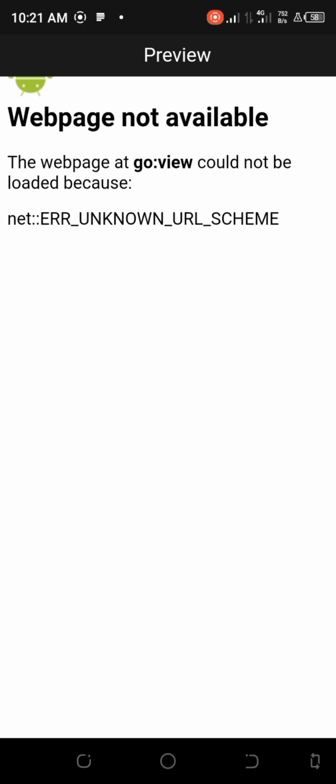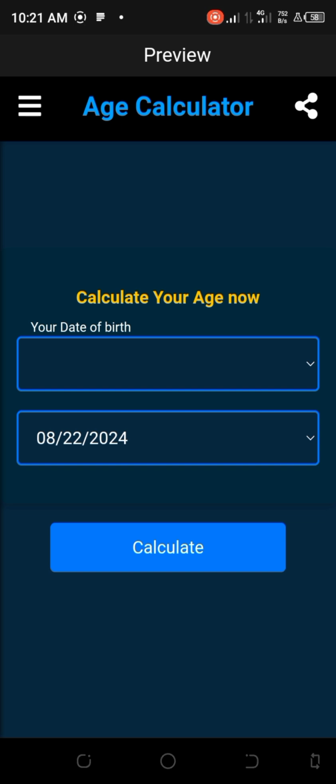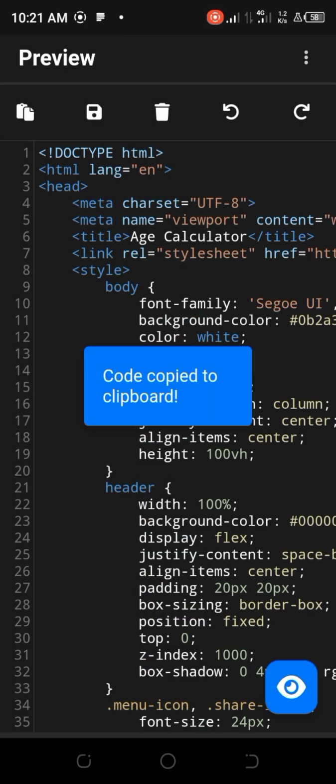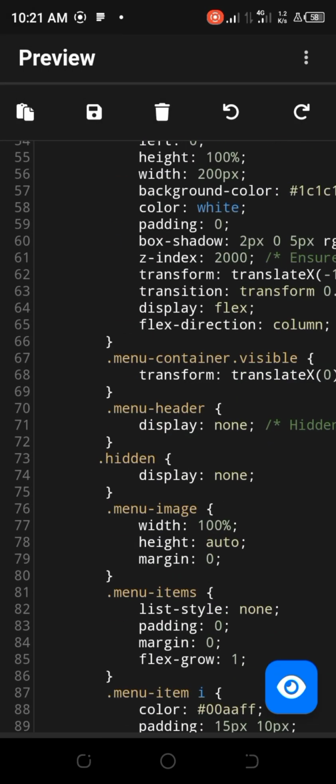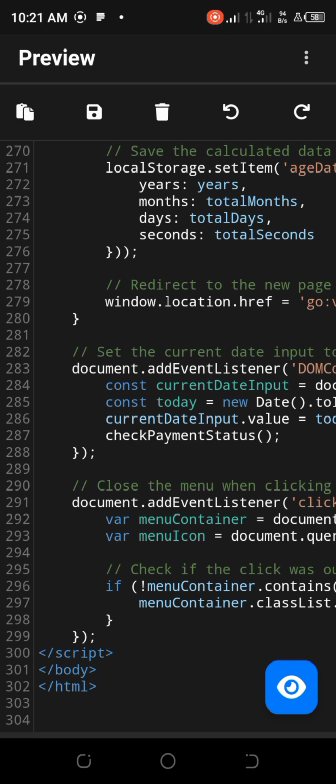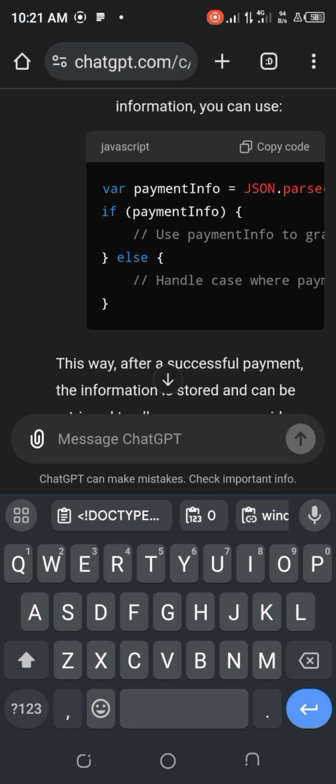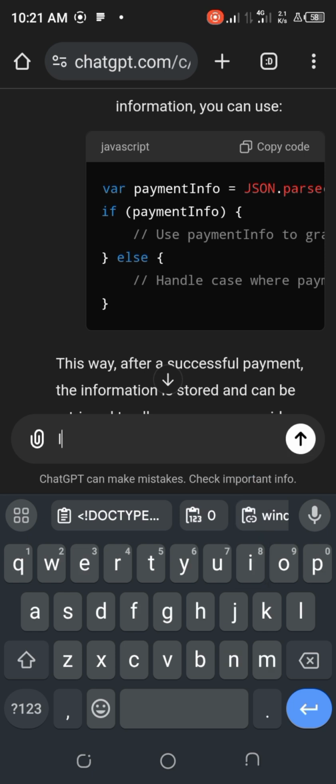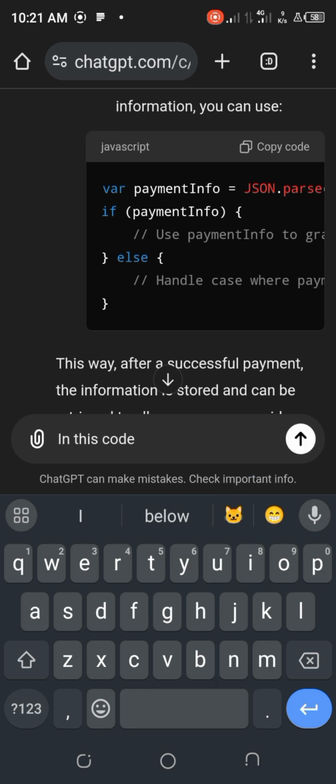Since we have added a payment functionality, and we go to that view, users will watch adverts. So what we need to do is copy this code here. It's not too much. Let's copy this code and tell the AI, in this code below,